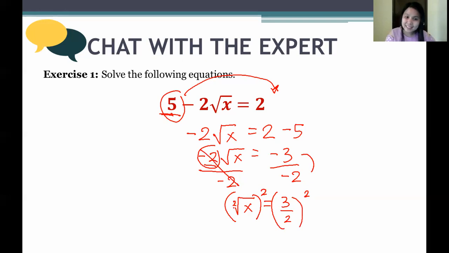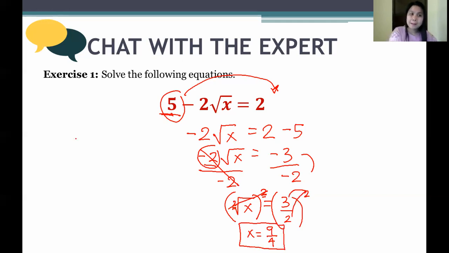Since the index and the exponent are the same, then the radical sign is now canceled. We have x equals, okay, this one, 3 squared is 9 over 2 squared is 4. So our answer is